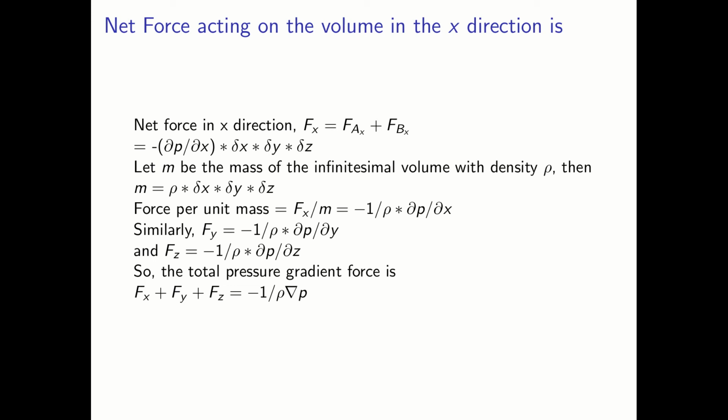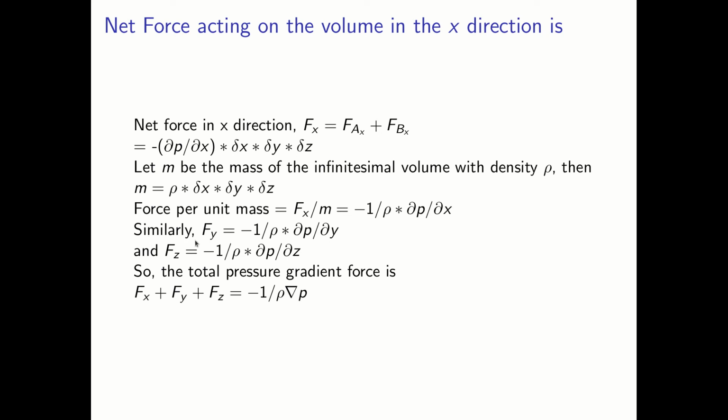Okay. But what we really want is to normalize this force with the mass of the cube. And if we are given a cube with a density rho, we can find the mass of the air in that cube to be rho, the density, into volume. So the mass itself is rho into delta x into delta y into delta z. And if you want to calculate force, that is a net force per unit mass, we are left with force per unit mass Fx by m is minus 1 by rho into del P by del x. So this is the force in the x direction.